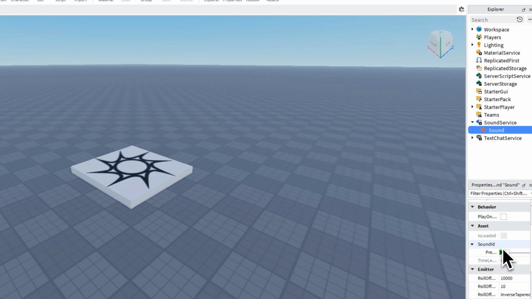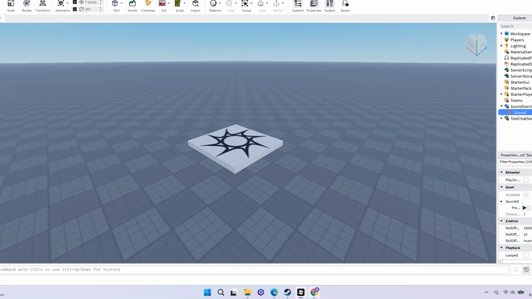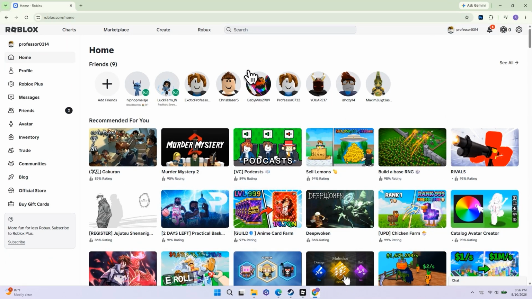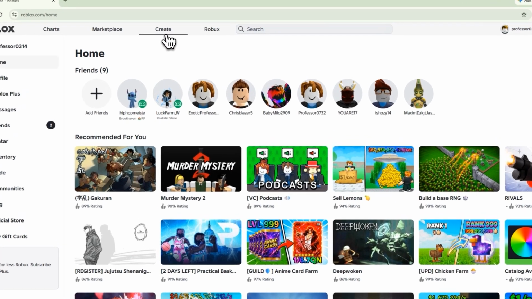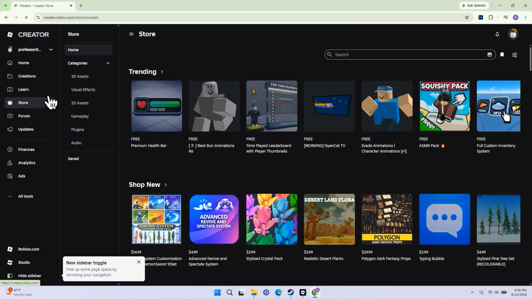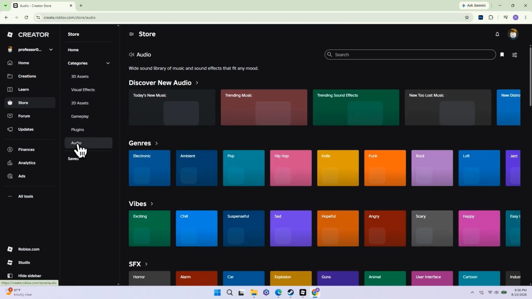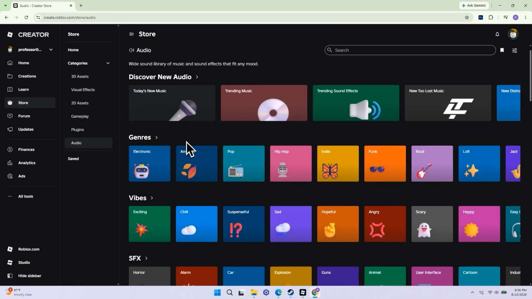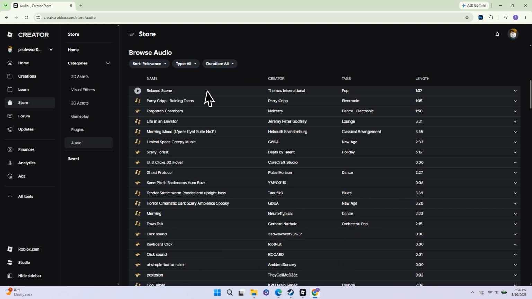To add music, we first need to find the ID of the audio we want to use. Open your web browser and go to the official Roblox website. At the top of the page, click Create. From the navigation menu on the left, select Store. Then click Audio. Here, you can search through the available audio files and find a track that you want to